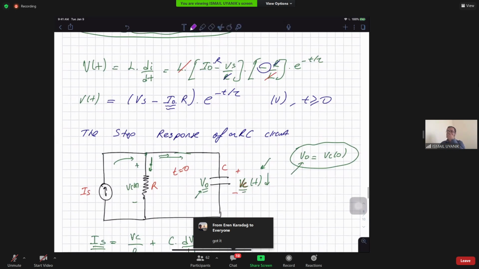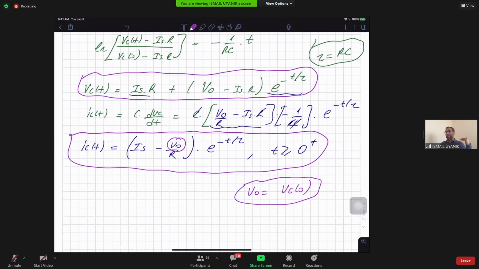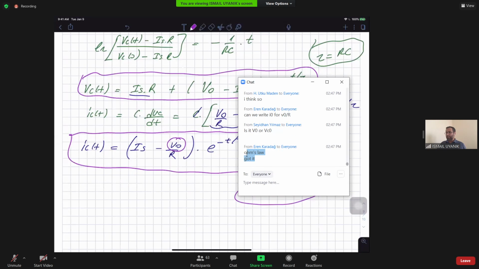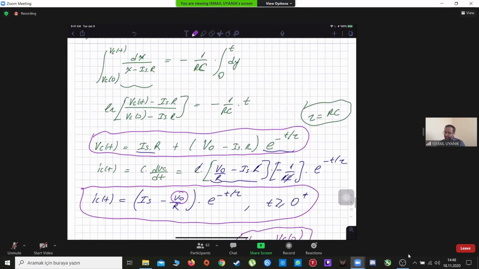Okay, so now we have the step response solutions for an RL circuit and RC circuit. They are quite simple. Let me see if there's a quick example we can make. Oh no, it will take a lot of time. Okay, that is very bad. Okay, then I think that will be a good time to stop for today because it will take more than 10 minutes. I don't want to spend your time, but let's just